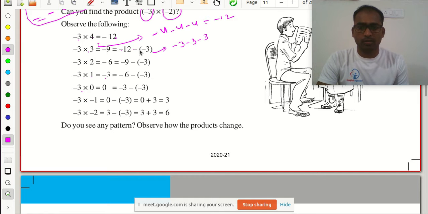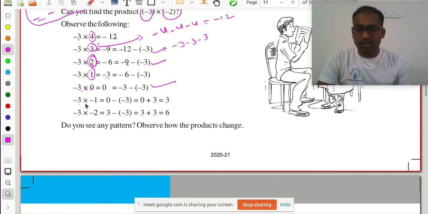So minus 12 minus of minus 3. Again I am reducing here one minus 3. Here 4 3s are there. Here 3 3s are there. Next here we are having 2 3s. So that is why I need to reduce one 3 from here. So minus 9 minus of minus 3. Yes, very good. Then here minus 1 into 3. So again here one 3 is reduced. So from here I need to do minus 3. So again minus 3 into 0. Here 0 3s are there. So minus 3 of minus 3 is 0. Yes.